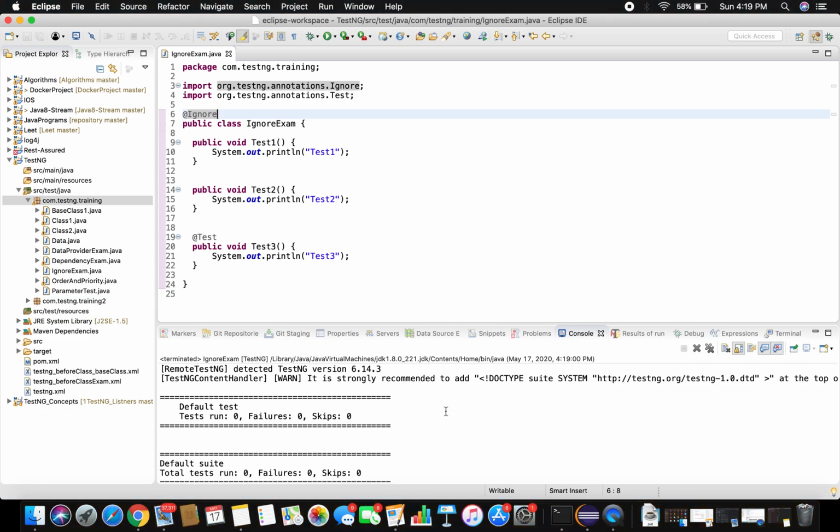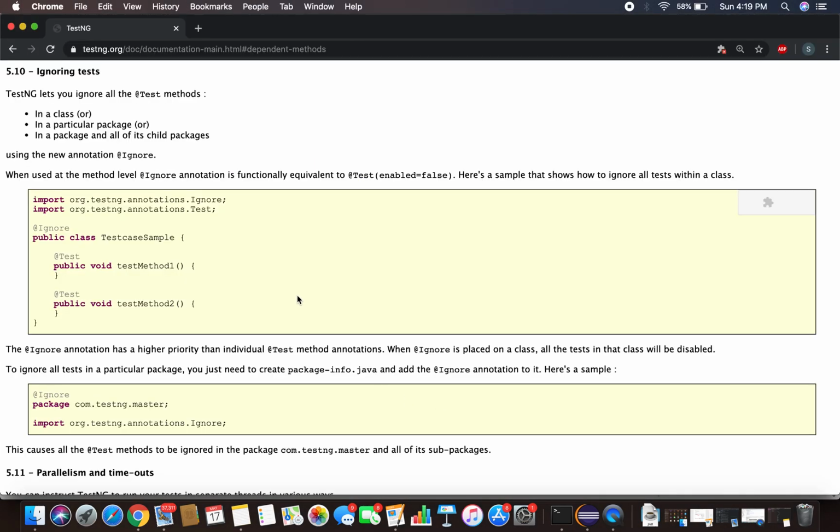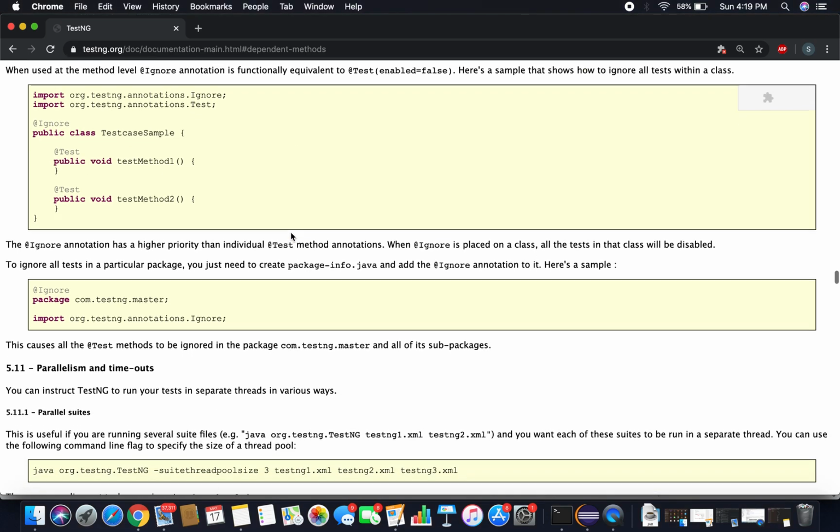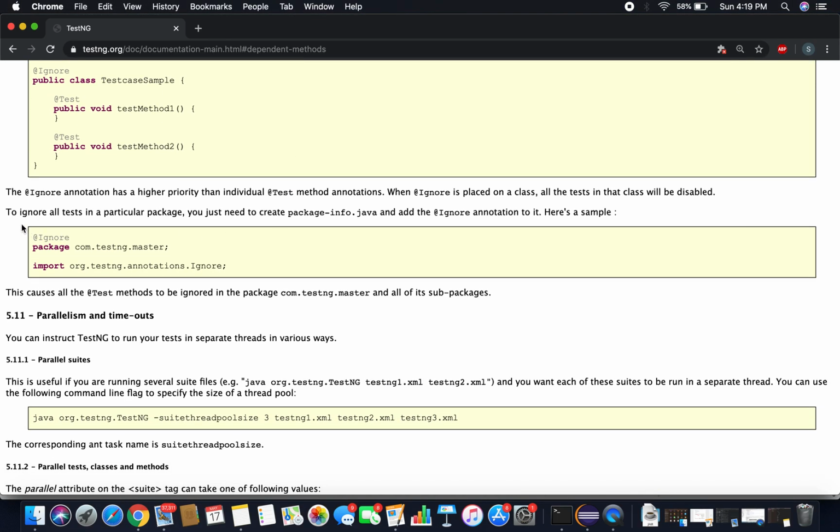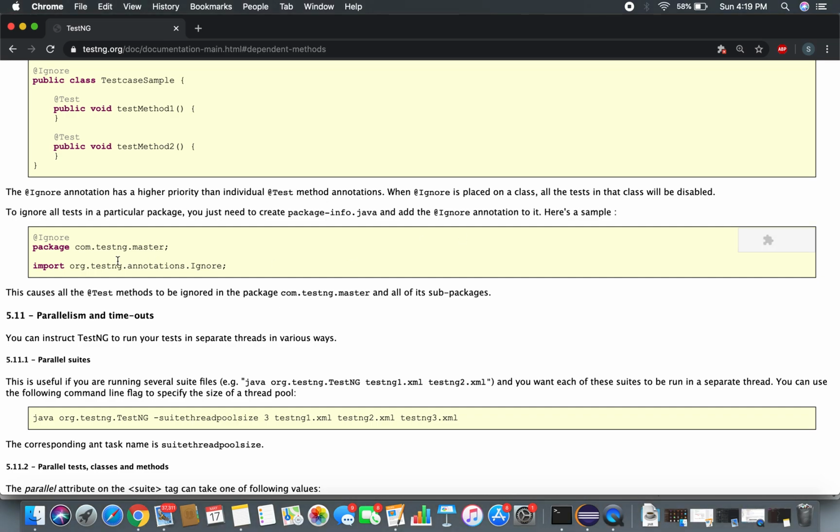Ignore can be applied on a package level. To ignore all tests in a particular package, I just need to create a package-info.java and add the @Ignore annotation. This is how you create a package-info.java and annotate @Ignore, and all your test methods inside that package get ignored. They will not execute.